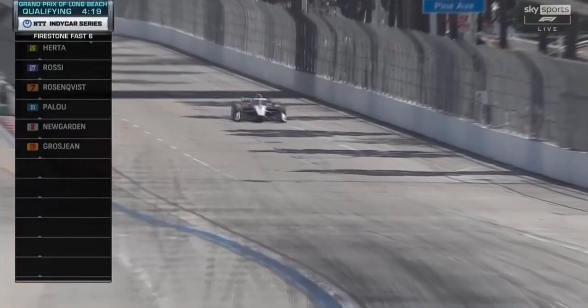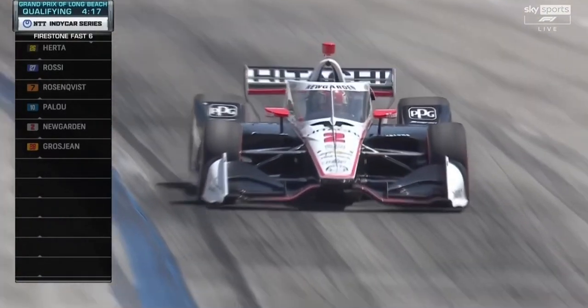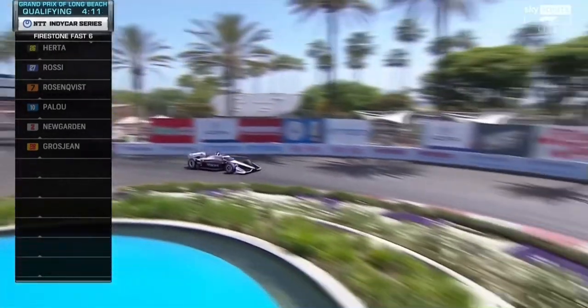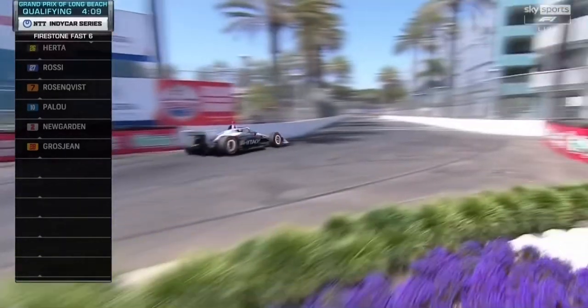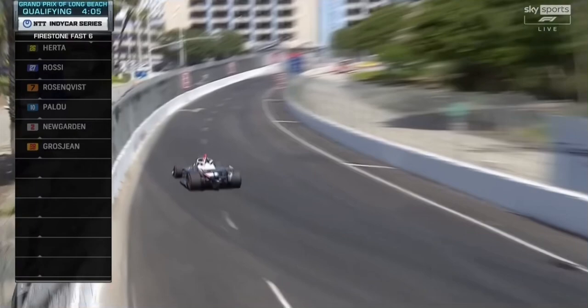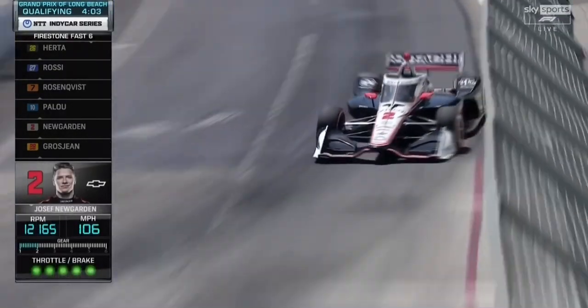He kind of does have a point there. So yeah, just an unfortunate circumstance based on a lot of cars going over the same piece of real estate. I can take McLaughlin's point of view though too, which is that he was just getting ready to start a lap, and I think he got confused. He's like, wait, I'm letting him by, but then he's blowing up, and I think Marcos was already mad,